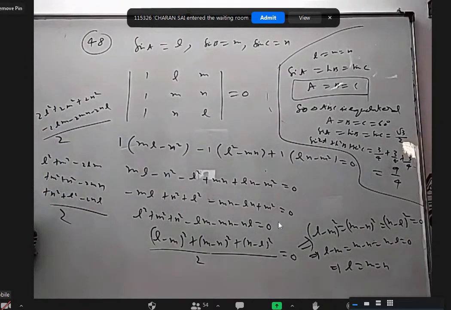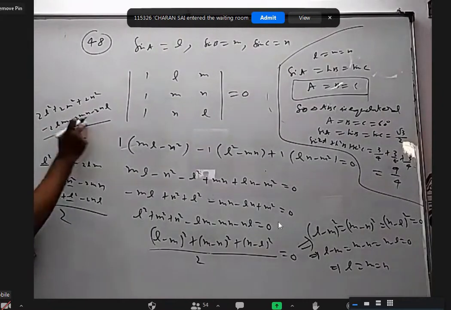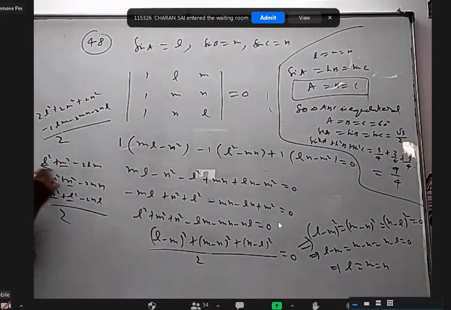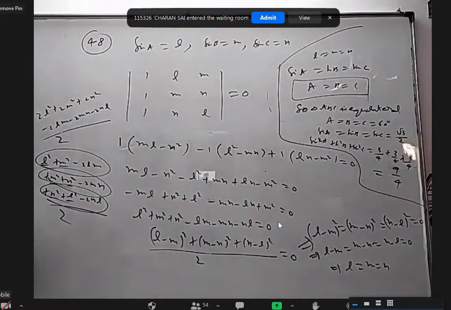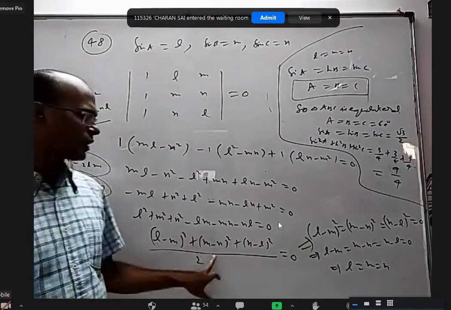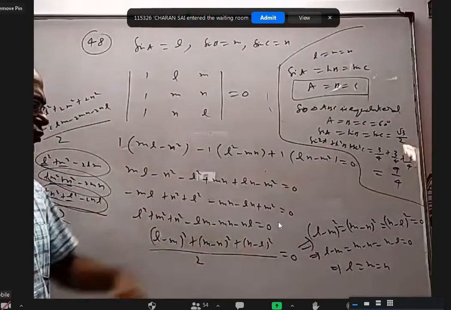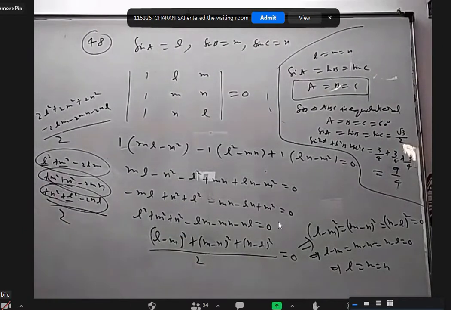This and this are same. Only this 2L square I wrote as 1 L square here, 1 L square here. 2M square I wrote 1 here, 1 here. 2N square I wrote 1 here, 1 here. This is nicely one perfect square, this is nicely another perfect square, this is nicely another perfect square. That's how we got this. Is it okay? Yes, sir. And the square of something cannot be negative, but the sum of these three non-negative things should be 0 means each one of them must be 0. If any one of them is positive, the sum cannot be 0, right? Yes, sir. Understood.